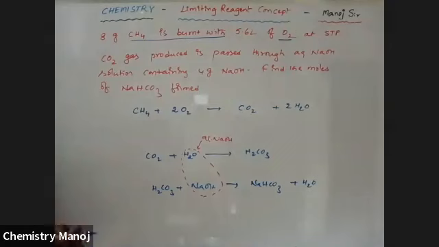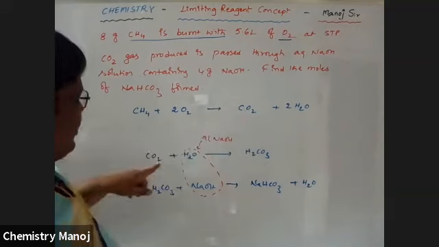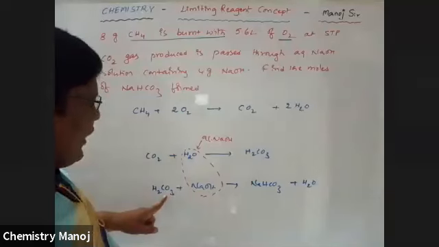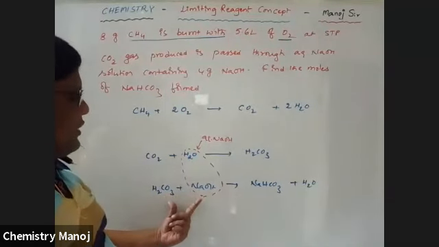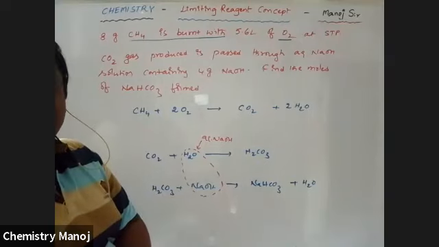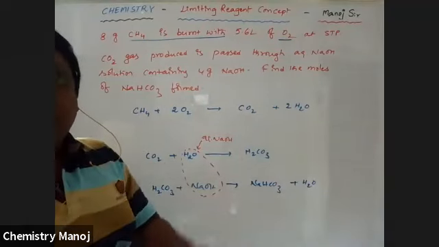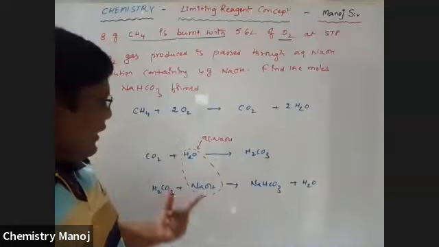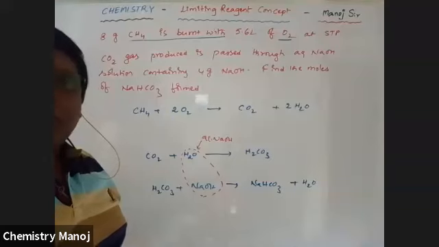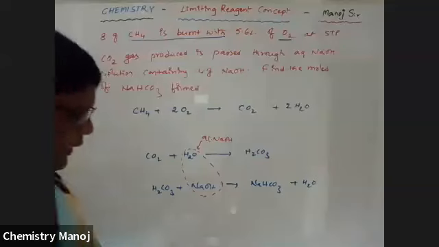These are the reactions. First calculate the amount of CO2, the volume of CO2 produced. That is used here. Calculate how much H2CO3 is formed. By using this H2CO3, calculate with NaOH, and once again you should identify the limiting reagent. So how much NaHCO3 is formed? These are the reactions to solve this problem. So I am waiting for you. Two identifications of limiting reagent, so finally gives how many moles? 0.1 mole, correct, Teja.